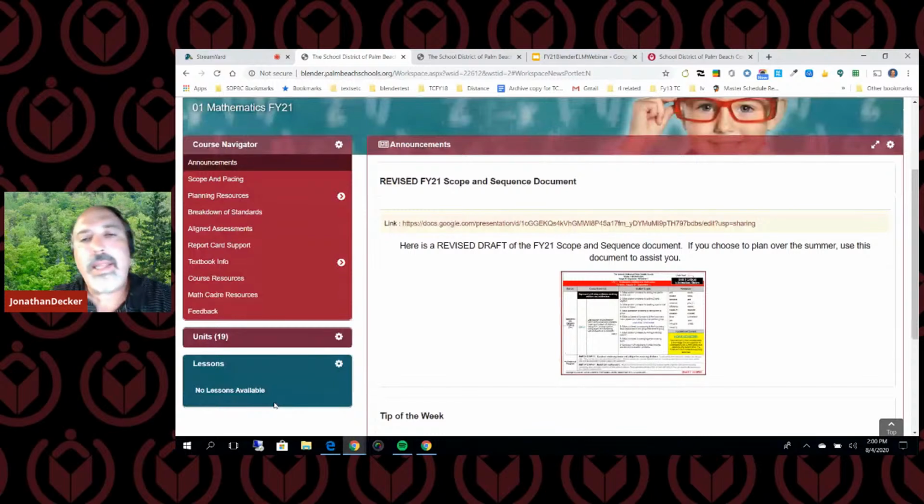Once you've got that general information in the year and you start working through your scope and sequence, then you're going to want to work through any units that are in your courses for you. You see the math is broken down very nicely here by unit. As the year goes on, you'll be able to come in and find the resources that are specific to the unit. It is the summer right now, so I can tell you there's a fair number of things that are being worked on. So right now you're basically getting ready information and some key introduction.